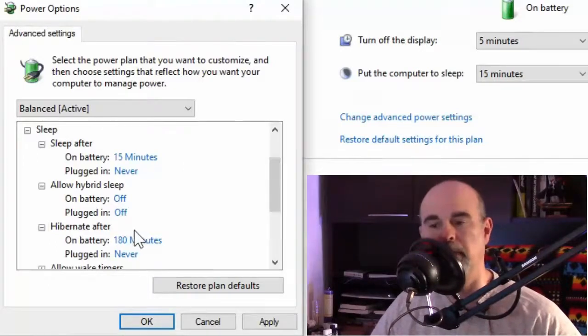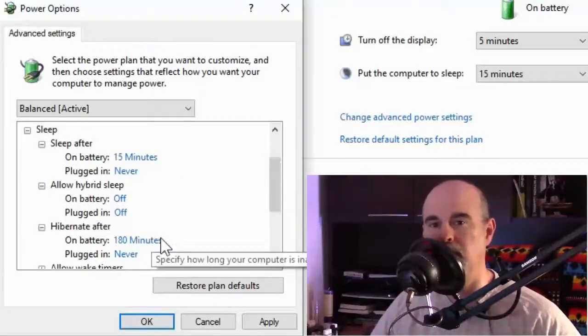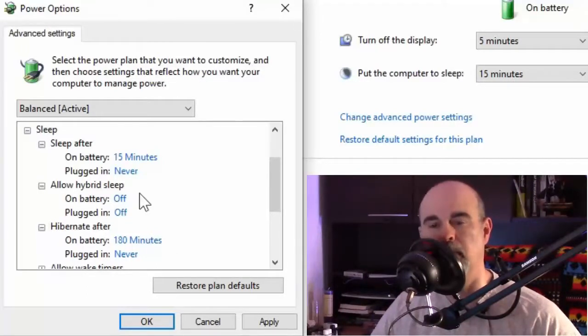With a laptop, it can save you a little bit of battery juice, but it's still going to be draining power. Hibernate option, that actually takes what's in the memory and loads it to your hard drive, so that way it can actually shut your computer right down, completely saving the power, because there'll be absolutely no power draw coming through the computer. The hybrid sleep, that gives you the best of both,